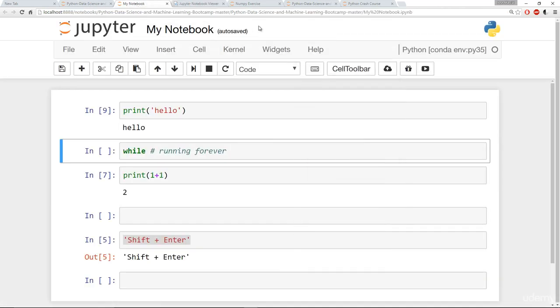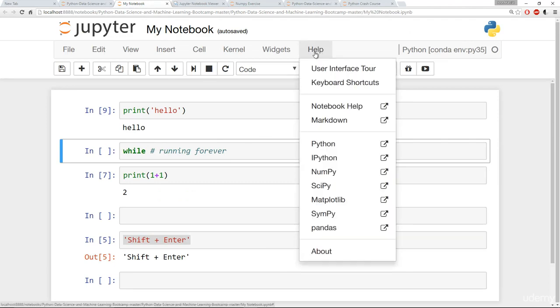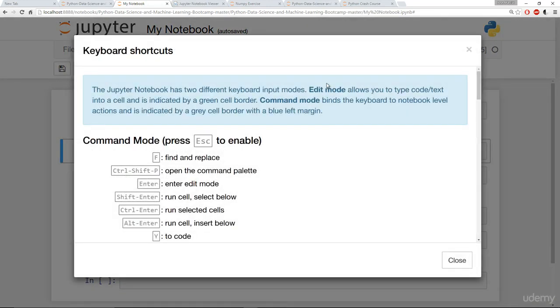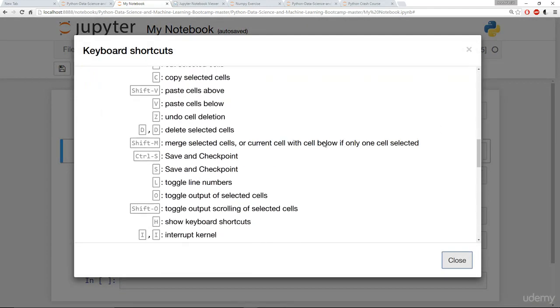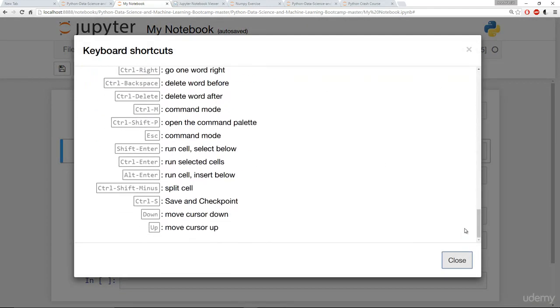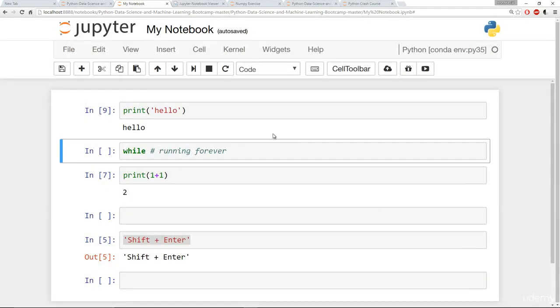Another thing I wanted to mention is there's more keyboard shortcuts than what I just told you. You can go to Help, click on Keyboard Shortcuts, and it will give you a list of all the keyboard shortcuts that are available to you. Alright, that's really the basics of the notebook,